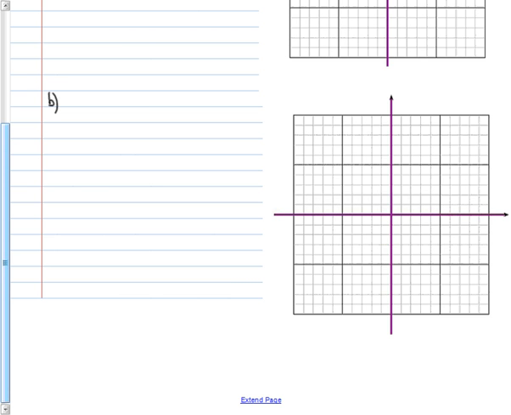B, 2x minus 3y less than 6. Y is less than, I'm going to change the order of this one a little bit, negative x squared plus 4. Let's do the second one. What is that shape? Parabola. It's reflected across the x-axis and it's moved up 4. So I have a vertex right up here and it's opening down